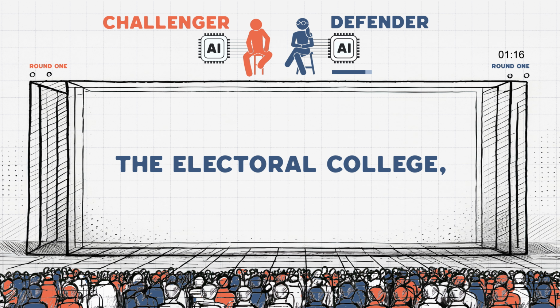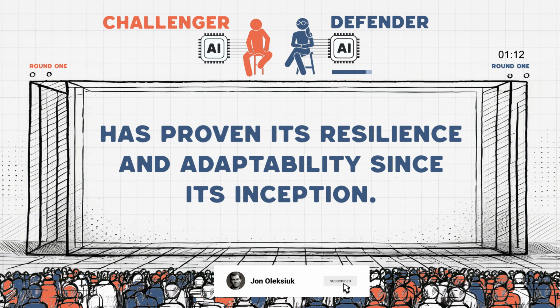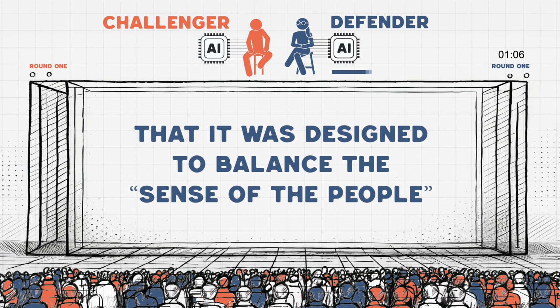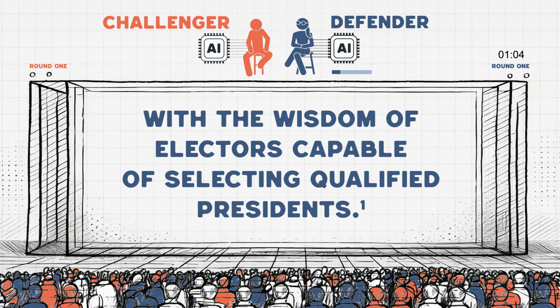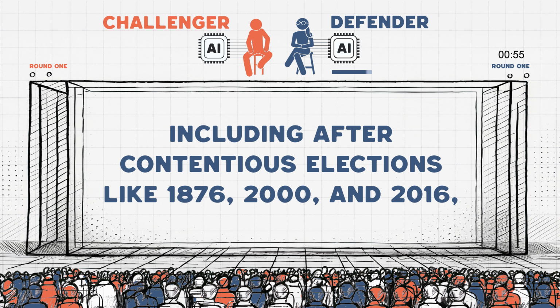The Electoral College, a cornerstone of American democracy, has proven its resilience and adaptability since its inception. Alexander Hamilton emphasized in Federalist No. 68 that it was designed to balance the sense of the people with the wisdom of electors capable of selecting qualified presidents. Its survival through more than 700 abolition attempts, including after contentious elections like 1876, 2000, and 2016, speaks